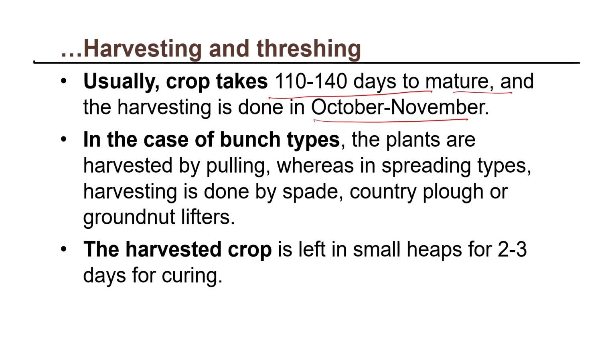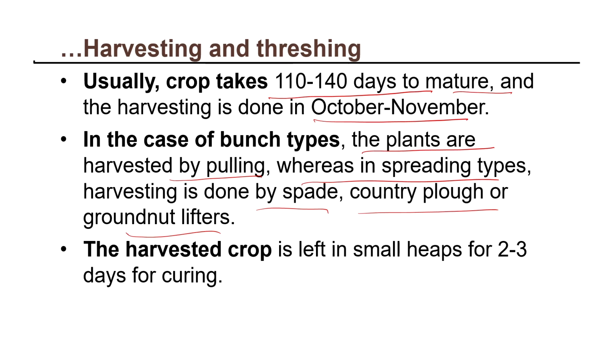In case of bunch types, the plants are harvested by pulling. So, harvesting of bunch type groundnut is quite easy. You can harvest it simply by hands pulling it, whereas in spreading type, harvesting is done by spade or sickles or some other implements, country plow or groundnut lifters. So, lot of options are there. Some new machines have come up because in spreading type the roots are deeper, much deeper and much wide. In case of bunchy type, root growth is less. Therefore, it is easier for people to uproot the bunch type groundnut, but in spreading type you can use spade